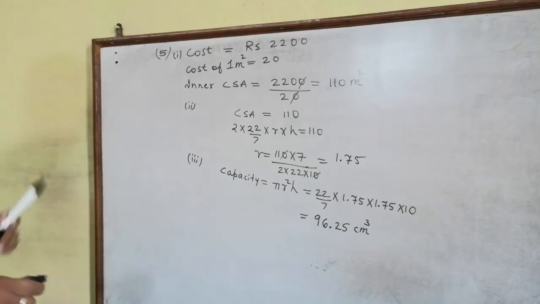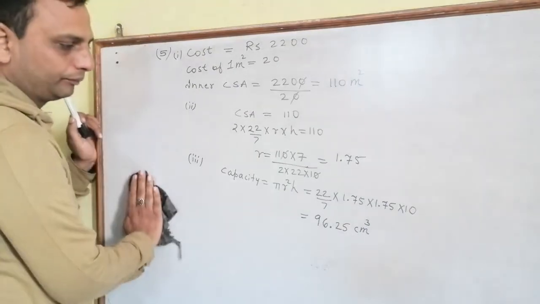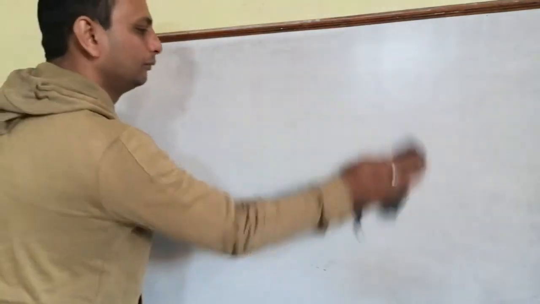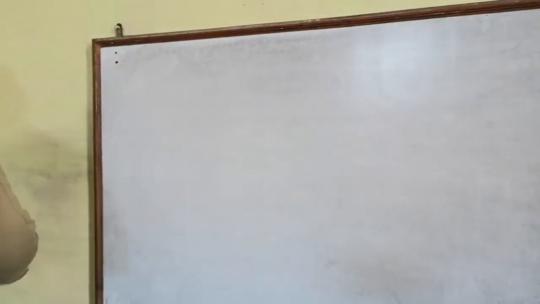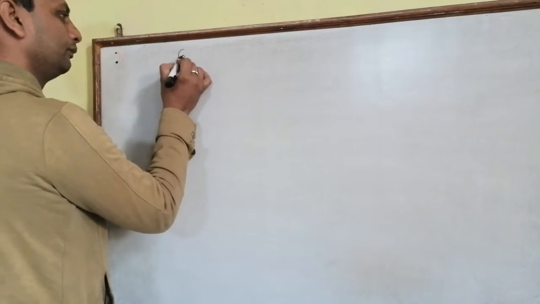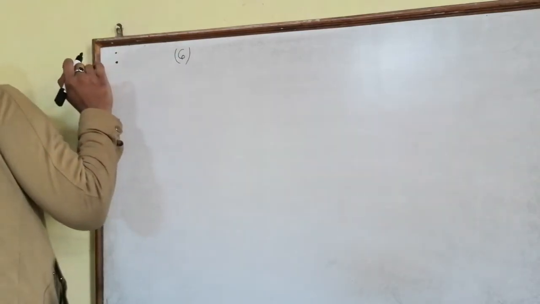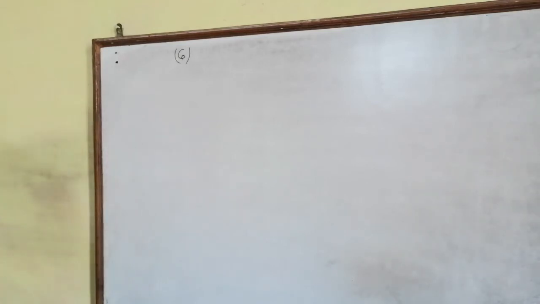Now we have to solve question number 6. The capacity of the closed cylindrical tank is 5.4 liter. And how many square meter of the